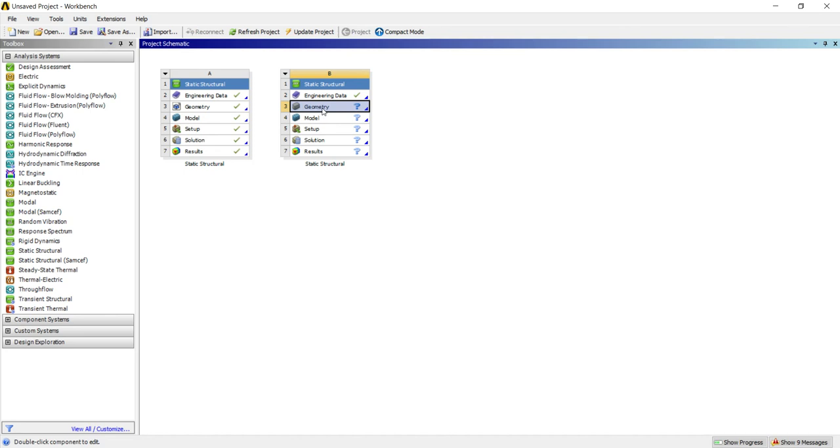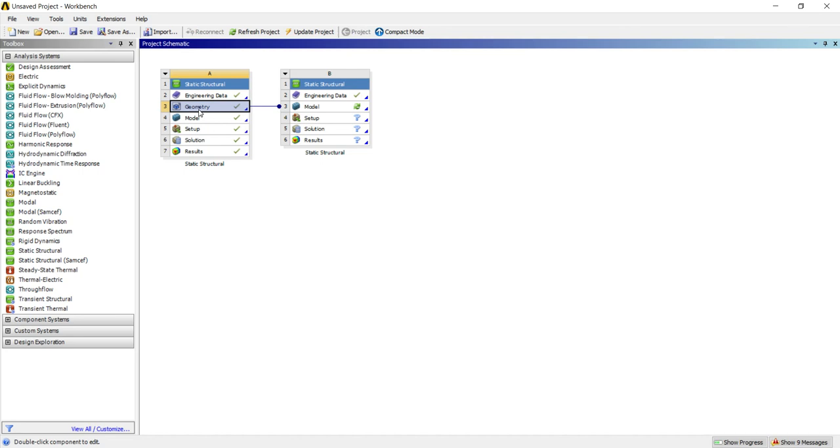Whatever settings you have added into the geometry, if you want to add it, you just drag and drop it to this model. It will take this reference and update it.